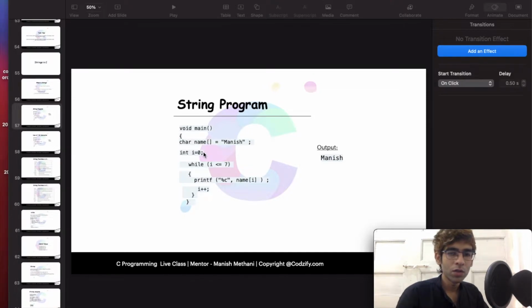Integer i is equal to 0. Here we have applied a while loop in this program to get the characters of this string.